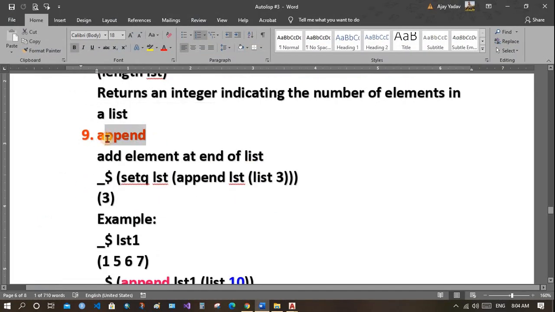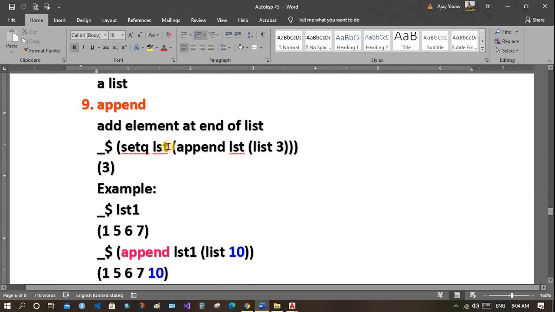Append. If you want to add any element to the end of the list, then you can use append. But if you only use append, then the original list would not be changed. You need to assign as well. To assign, you need to use setq. Let's see.